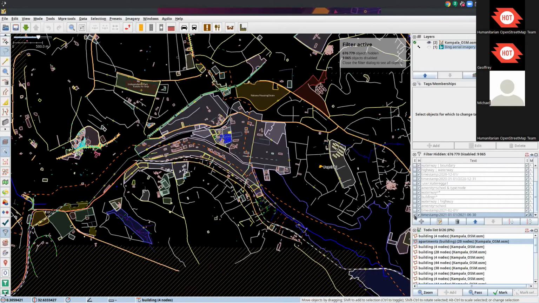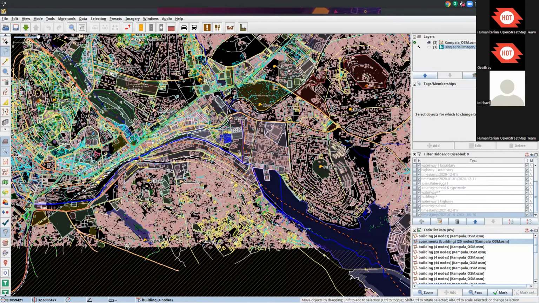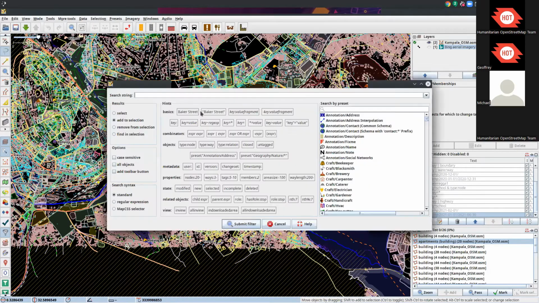The other one that can be useful is if you want to look at a data set for only one particular user, you can also do that. There are some other filters here, and there are some hints here that can help you build these filters. You can see here on metadata, I can filter by user, by ID, by version, by changeset, by timestamp. If I click here on user, it has added a user for me, then I'll just write a username. So let's say I want to see edits made by this user in this data set, I'll submit my filter,